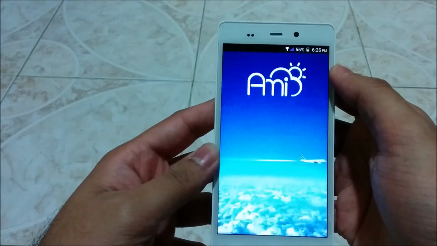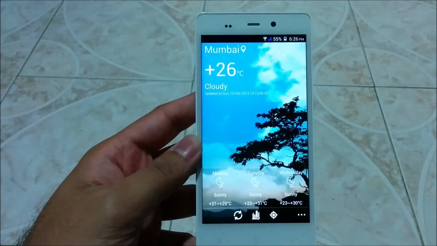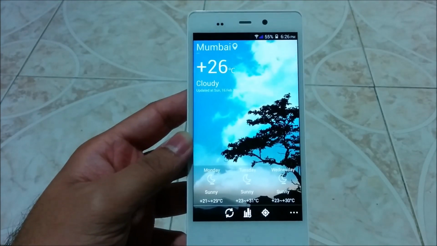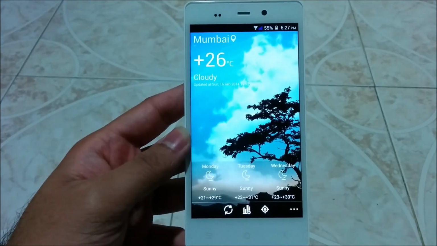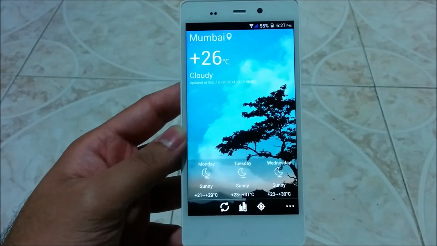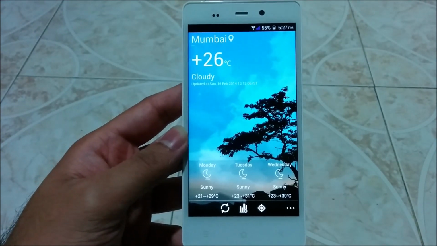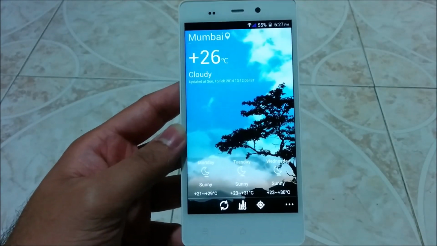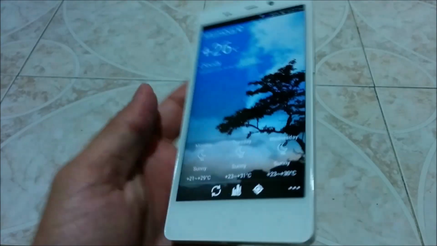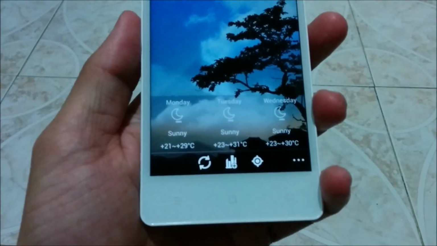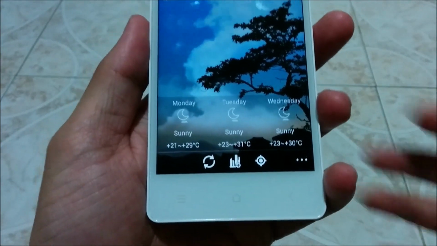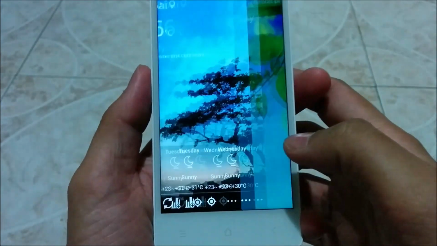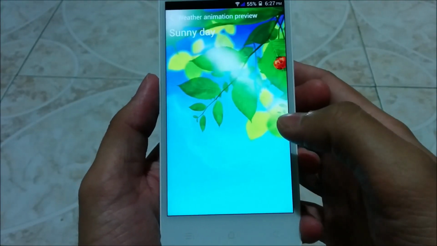When I click on this widget, you can see it's a brand new weather app, and you can hear and also see the background video playing. This is something pretty cool. Previously we just had very small videos in the background but no audio effect. So now we have completely brand new background videos for the weather app, and you can hear the sound of wind. You can also see the various previews, like the sunny